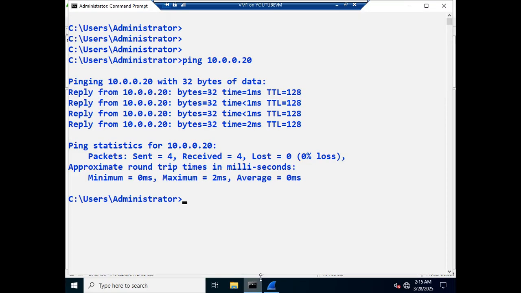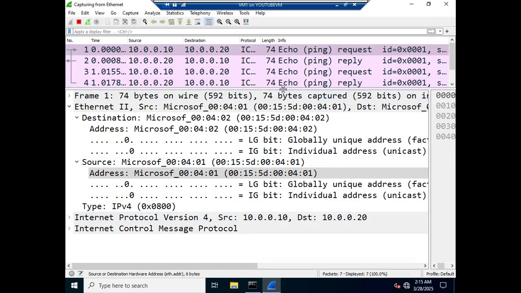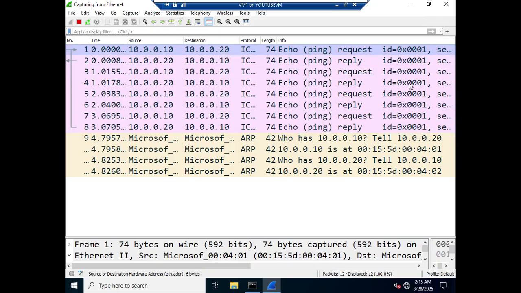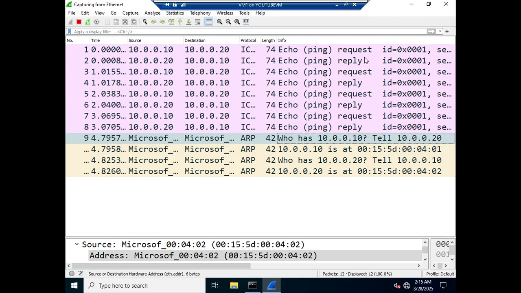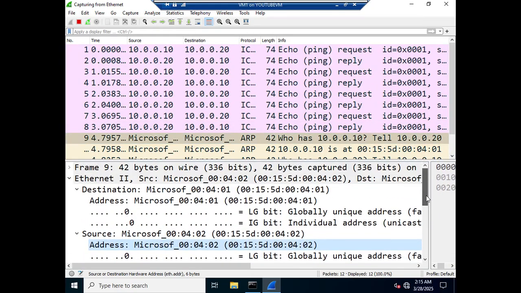Now what I do immediately is start the capture again and ping immediately. This time you don't see any ARP. See, you don't see any ARP. In the last only it is coming, not in the front. Why? It loaded with all the details, and there is no broadcast here. Why? Because